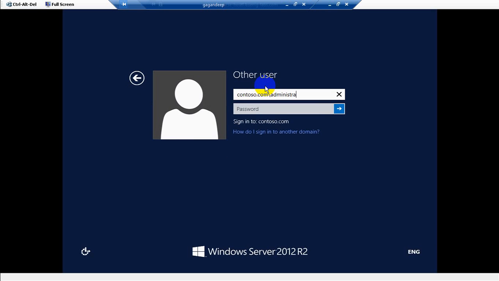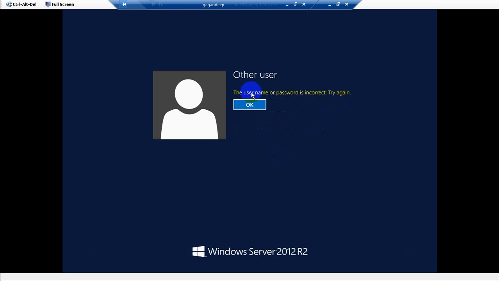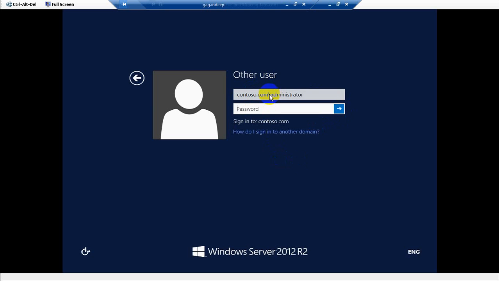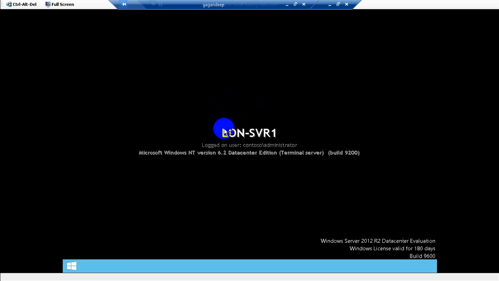contoso.com/administrator, and just bring the password. Just logging in. Let's see what happens now. No, the password is not correct. Let's see if it gets logged in or not. If it is joined on the main, yeah. So once it is logged in,